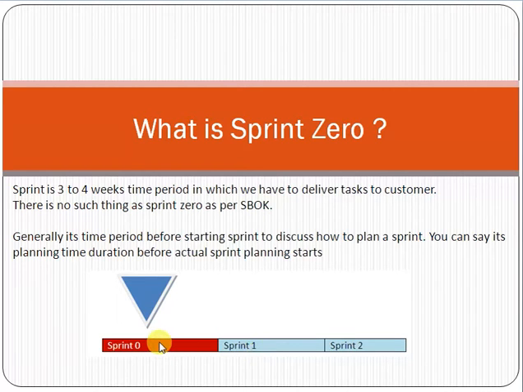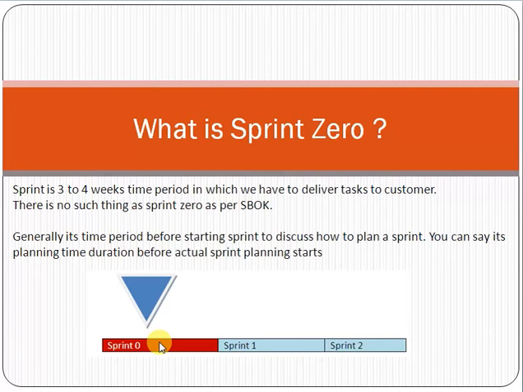But remember one thing, why are we saying sprint 0 is nothing? Because as per the definition of a sprint in the Scrum Body of Knowledge, we should deliver something to the customer. For example, in the previous example we were discussing that a sprint means that after the sprint meeting, you decide that you have to deliver 10 tasks to the customer. So sprint means that you decide on a few tasks that at the end of the sprint you will deliver